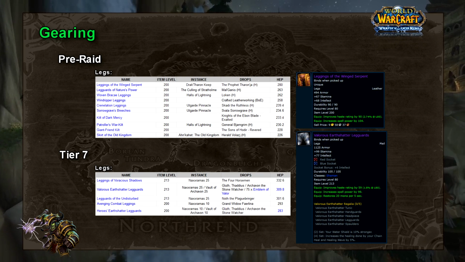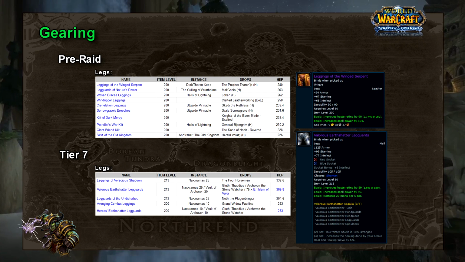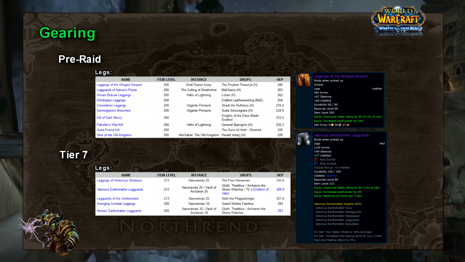Tier 7 chest and gloves can be purchased from the vendor for 80 and 60 emblems of heroism respectively, although Tier 7 gloves are not our BIS as we use non-set gloves as a best option in HEP value. Since it will take you some time to collect enough emblems for chest and other items, there are other alternatives: